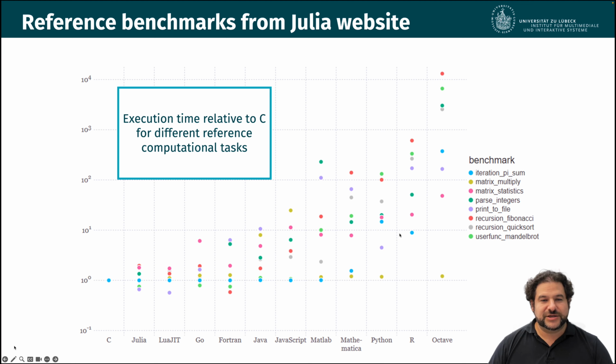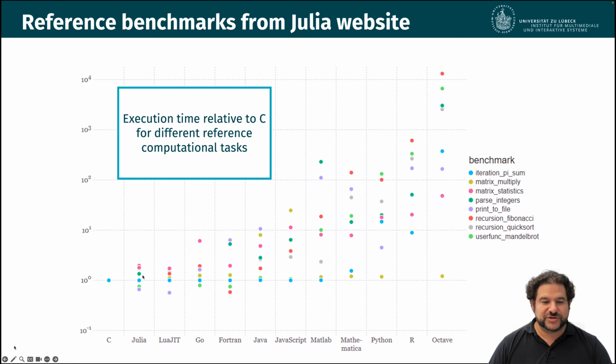So these are execution times relative to the C language. So C is always on level 1, so 10 to the power of 0 is 1. And every column is a different programming language. And you can see that Julia is in the range of C. Not every task is as fast as C, but some, in this case printing to a file, are even faster in Julia, or the user function Mandelbrot set is faster, but some are a little bit slower, like matrix statistics